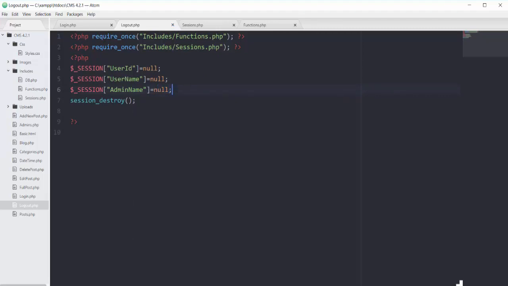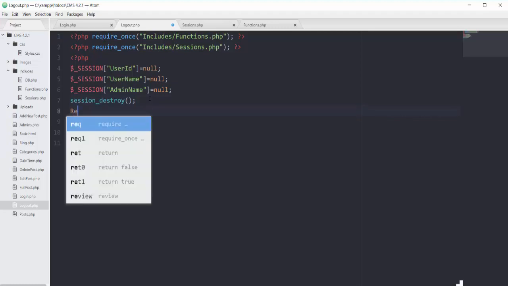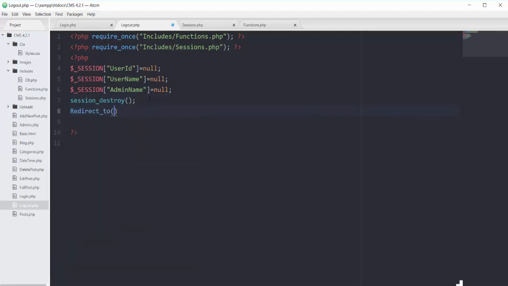Now we made all of these variables equal to null. Then on the 7th line, we will destroy our session, and then we will redirect the person to the page of login.php. So if I save this one